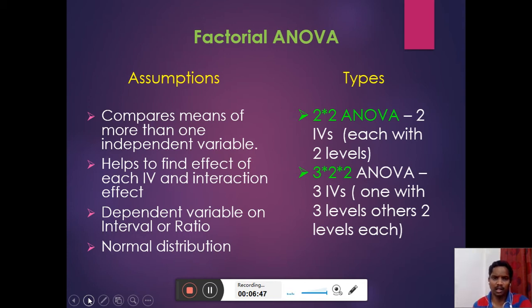Now factorial ANOVA, as I said, compares more than one independent variable, each having different groups. For example, in 2 by 2 ANOVA there will be two independent variables each with two levels. For example, gender is one independent variable which is having the male and female categories. The second one is locale, which is having urban and rural.